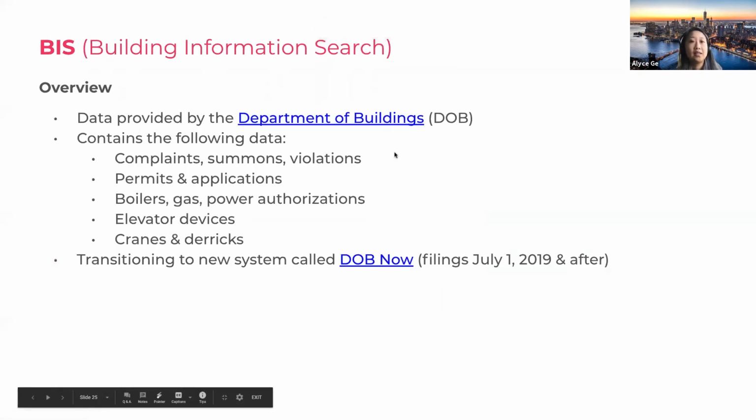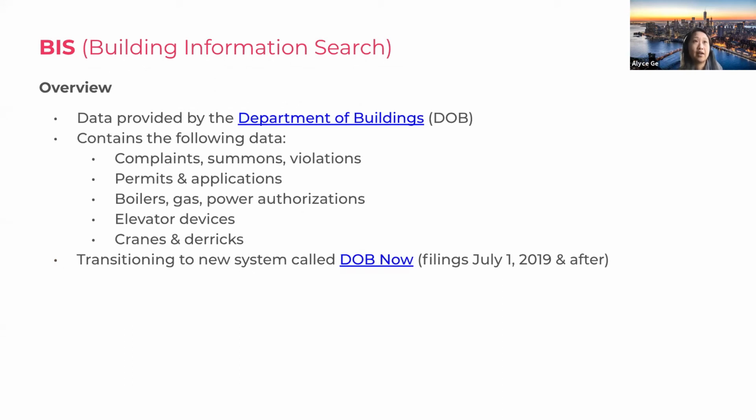And then the last data set we're talking about is the building information search. This is data provided by the Department of Buildings. It contains all the information that you would possibly want to know about buildings, including complaints, summons, violations, permits, and applications. So anything that the city needs to approve in order for you to improve a building is all tracked with the DOB. Boilers, gas, power authorizations, obviously elevator devices, cranes, and derricks, anything that's like major capital intensive